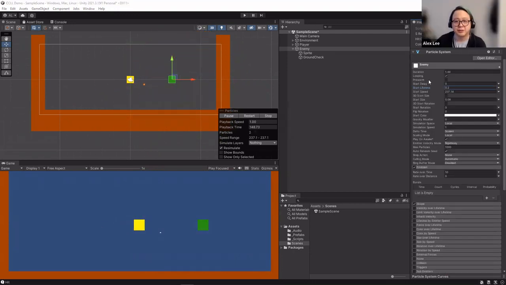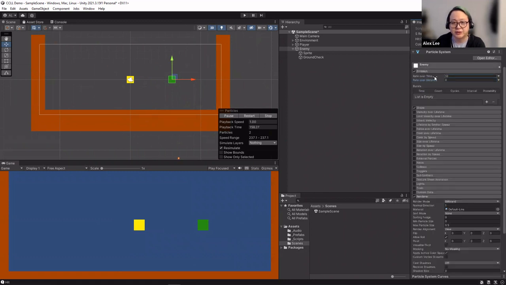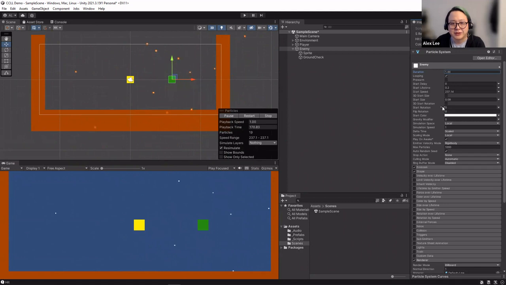Okay, so we've decreased the lifespan of the particles, and now we also want to increase density. So I'm going to change the rate over time, like this. And it's going crazy. I'm going to also have it